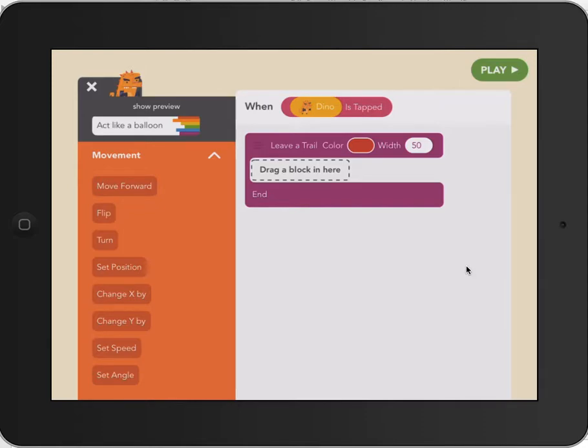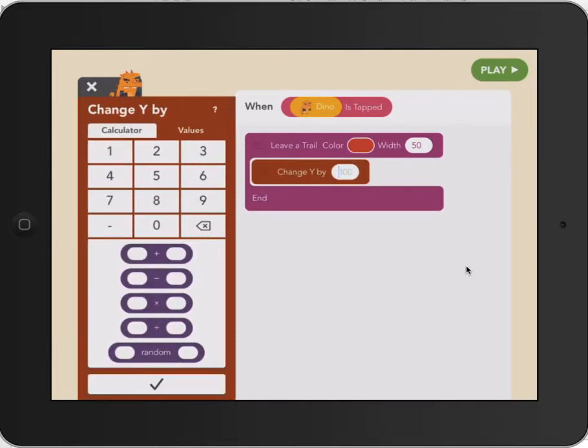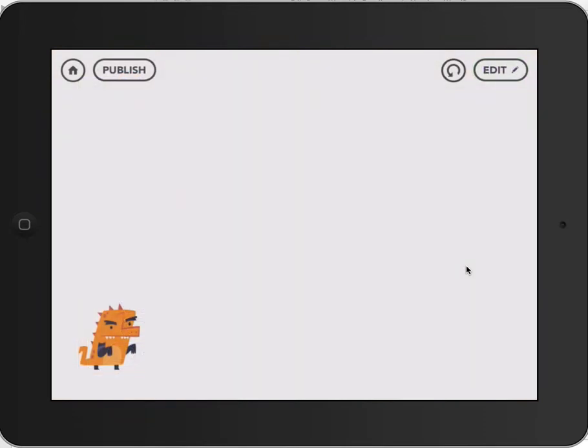In Movement, I want to change his X value. Take that back. I want to change his Y value because the Y value is going straight up and down. And you'll see what I'm talking about in just a second when you see what I'm going to draw. I want to change the Y value by 300. So let me go ahead and hit play and see if this is what I actually want. Yep, that's what I want. When I tap on the Dyno, I want his Y value to change by 300, meaning that I want him to go up